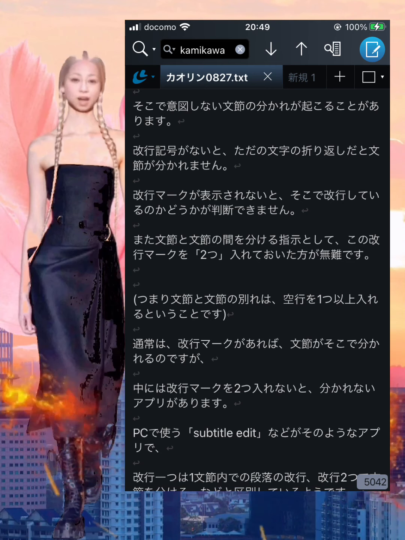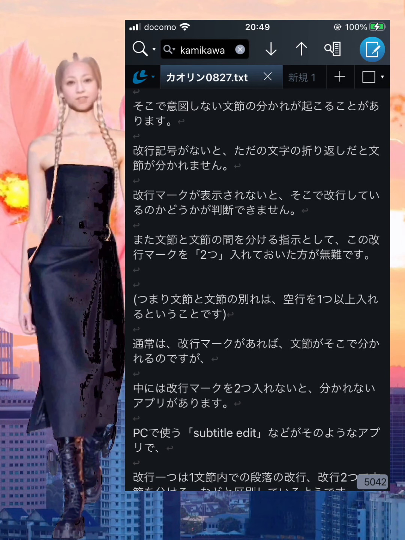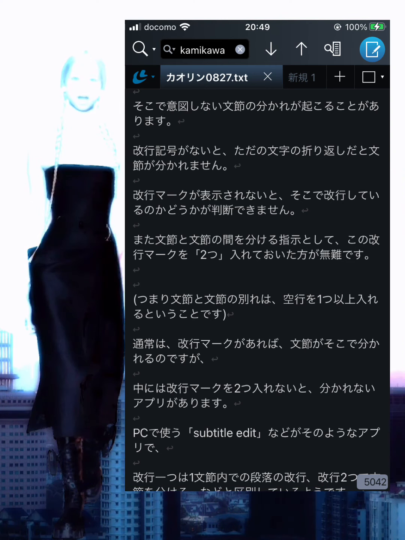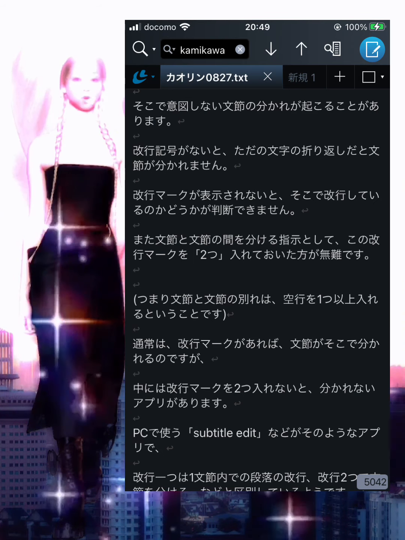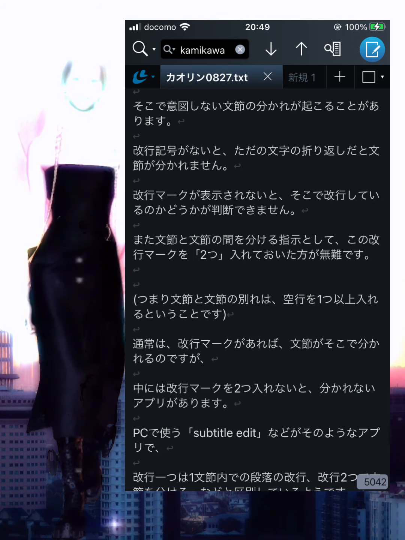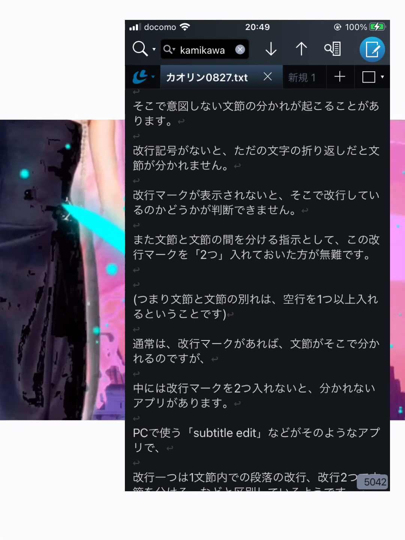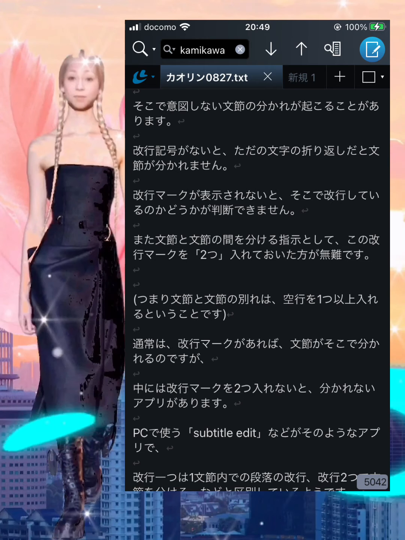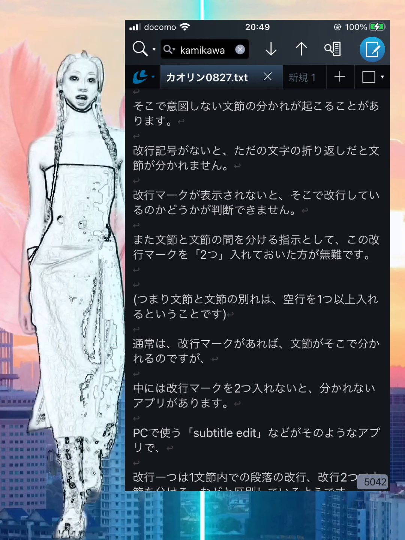The reason is that if you exceed 2 lines, the subtitles will look bad on the screen. It's just a personal preference, but I want to stick to it here. But with YouTube subtitles, it depends on what font size the viewer is using and which app is being used. There is no correct answer as to how many characters per line and how many lines per clause there should be.